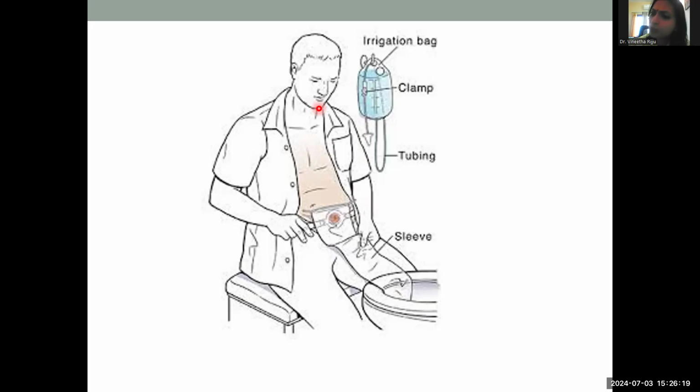So they have to be counseled regarding that. I even know personally an orthopedic doctor who had a colostomy and refused to go back to work, even after his treatment and after he had attained complete remission of the disease, because he was having the colostomy and he would not be able to stand for hours in the OT. So we taught him about bowel irrigation, and it was so gratifying to see that the next visit he came, he was talking about how he had joined work.